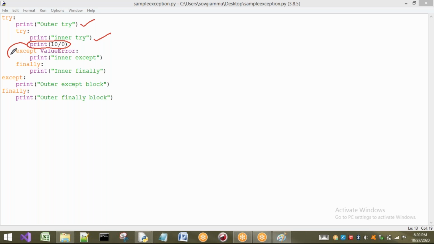It is going to jump out of the inner try block, which is present inside the outer try. When it comes out of the inner try block, it is available in the outer try now. Now see, it will check here, is it the corresponding except block for this exception?